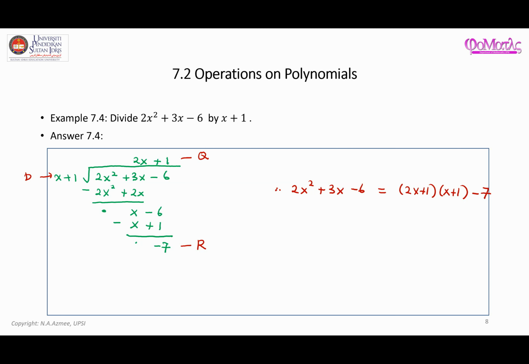And if you are not sure, you can actually check whether, when you expand this, you get back this polynomial function. Okay, so let us try and expand this. If you expand it, it will become 2x squared, 2x and x. Next, it will get 2x plus x plus 1 minus 7, and this is just 2x squared plus 3x minus 6. So there you go. Okay, so you get back the same answer. The left hand side is equal to the right hand side. Okay, next,